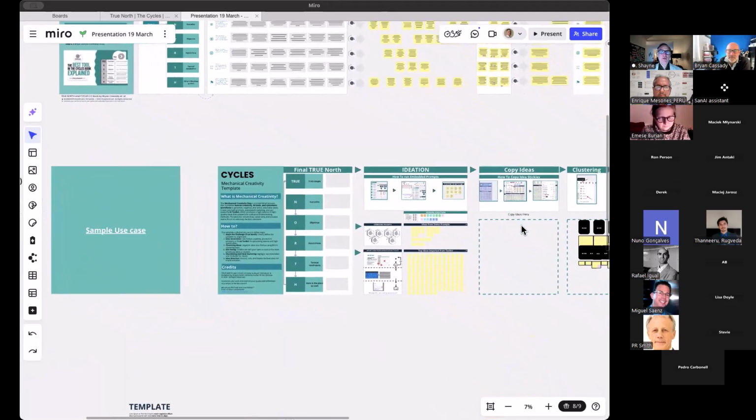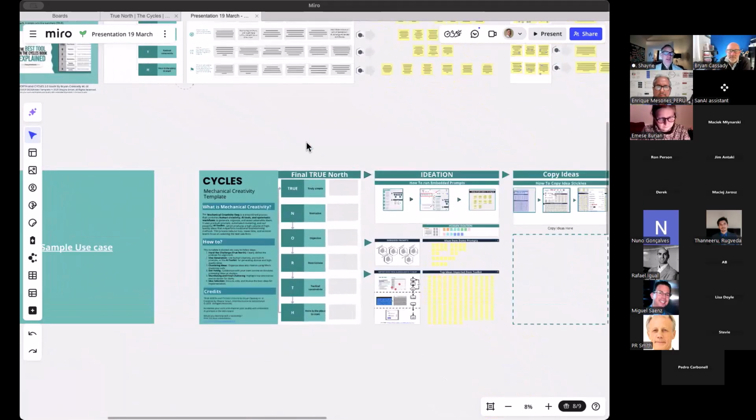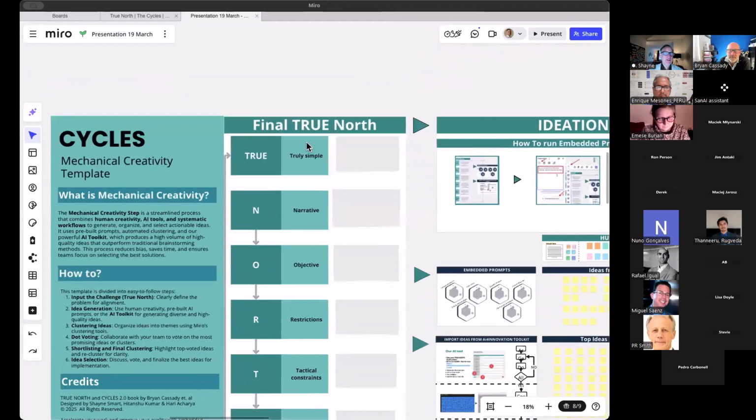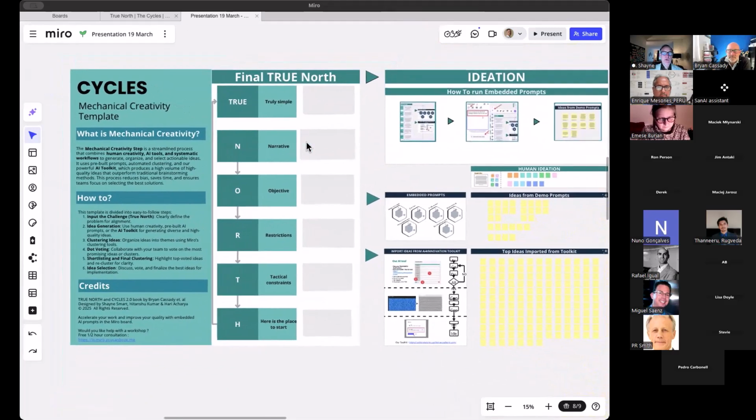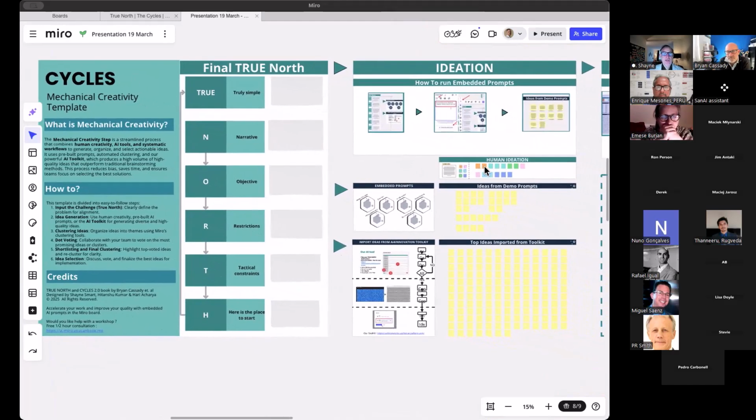Then from that True North model, the next thing you want to do, once you know what direction you're going in, is you want to generate ideas. And this is where it gets to be an interesting mix between the two tools. So in this particular model, we look at if we're fully aligned on what it is we want to do and where we want to go, then we need to really ideate or generate ideas on what it is that we're going to build